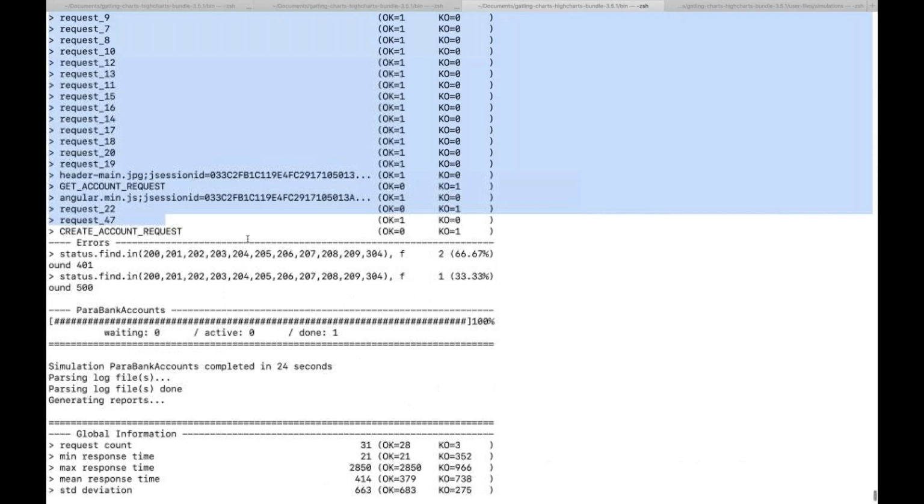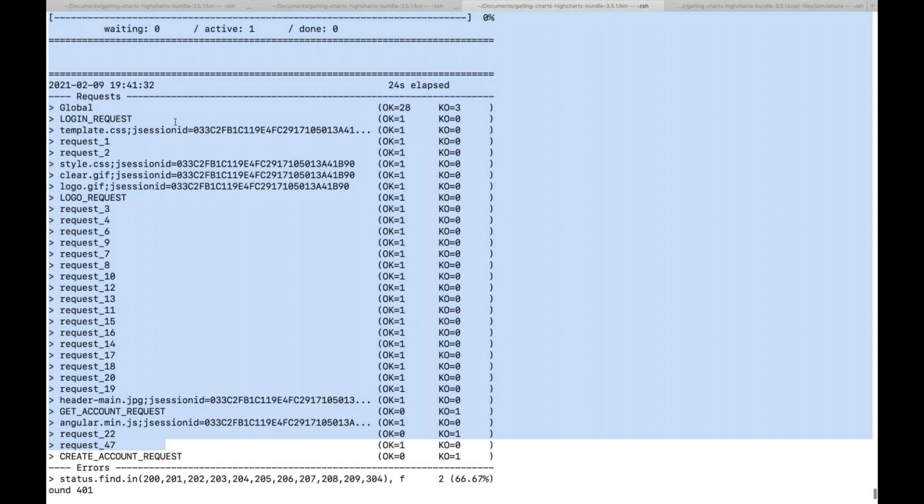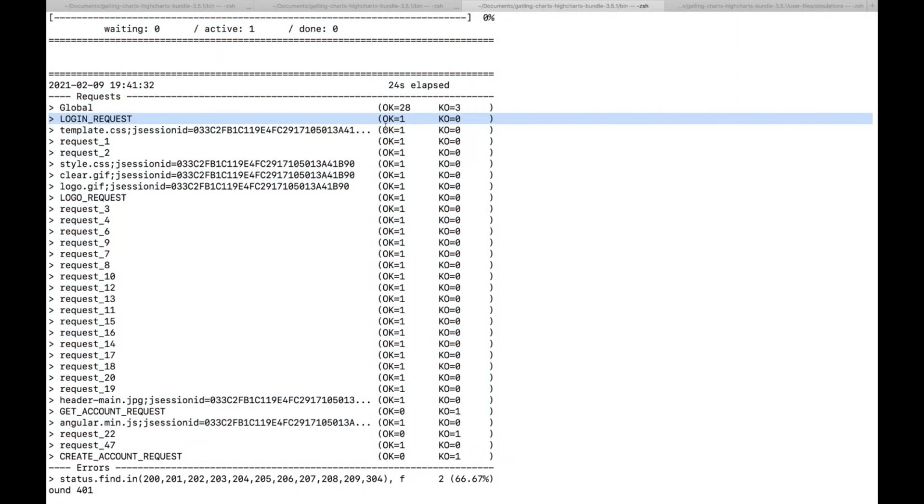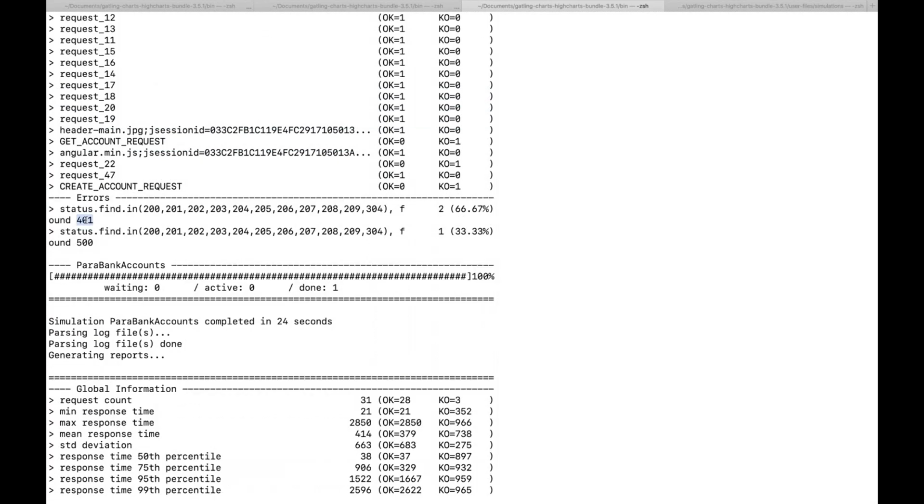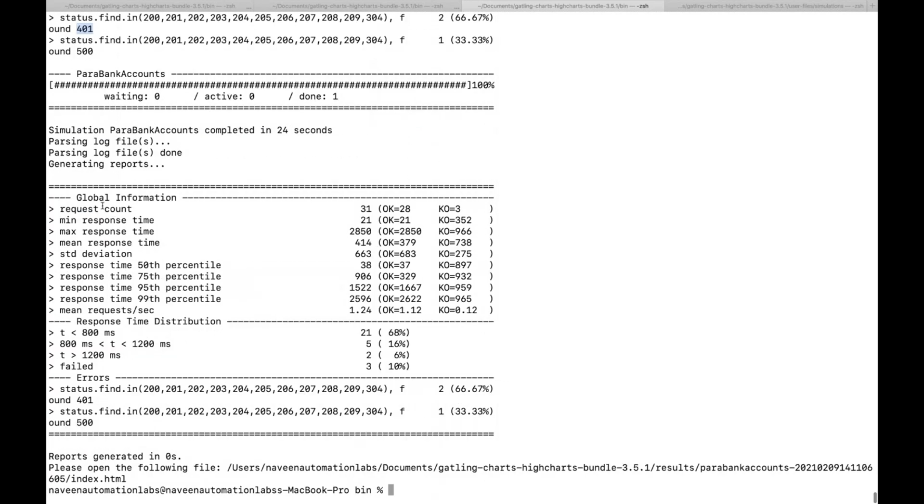And if you see the report as well over here, for login itself it's saying that we have sent the request, but it could not be successful. We are getting an error over here, and you can see all the errors are 401. That is called the authentication response code we are getting. And here we are getting the response time and everything, and this is the error section.